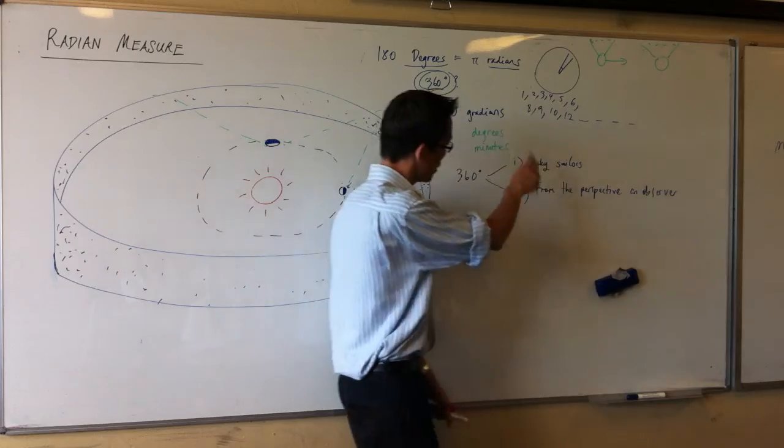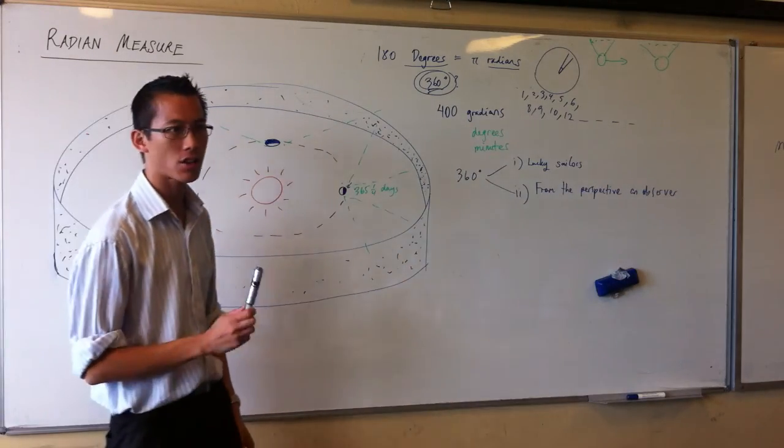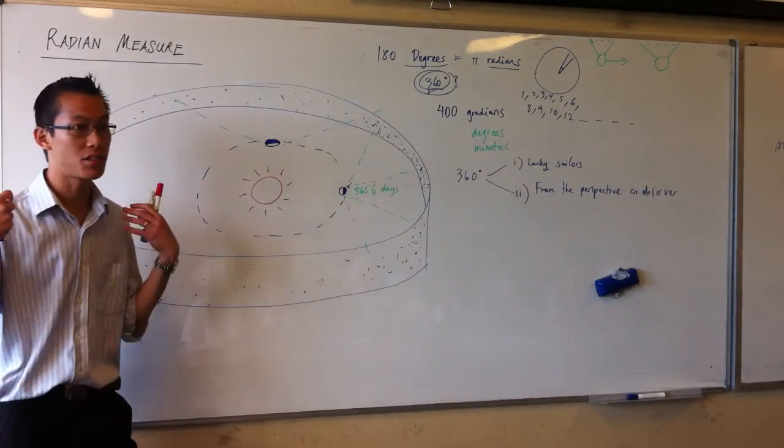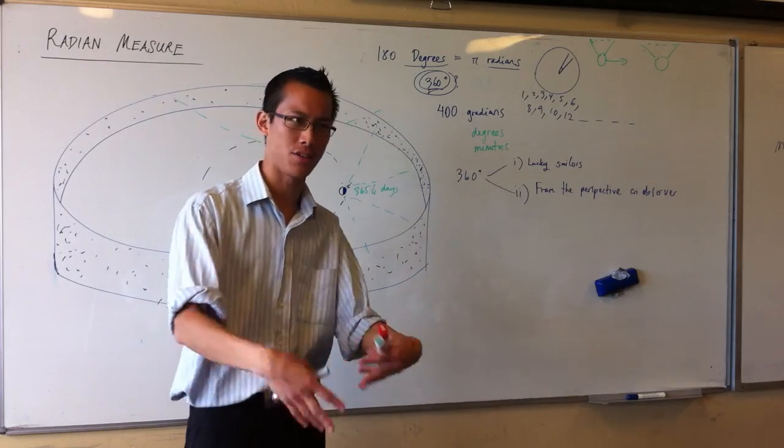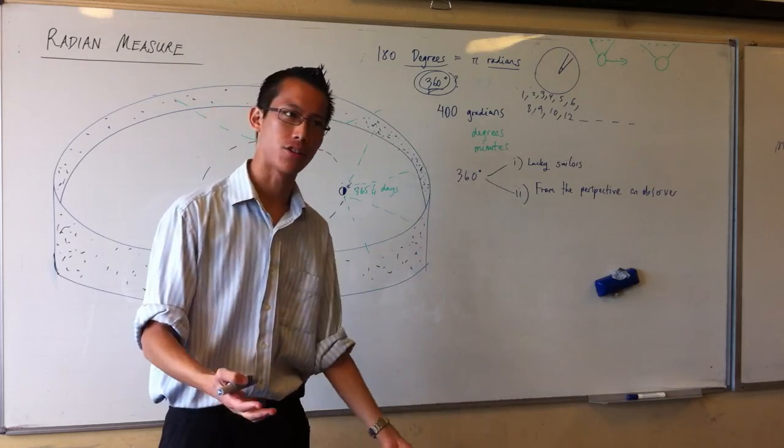Now, for these two reasons, degrees actually do not work very well when you start to do real maths, when you start to do stuff like trig. This is why we're trying to introduce it together with trig and radian measure. Okay, so